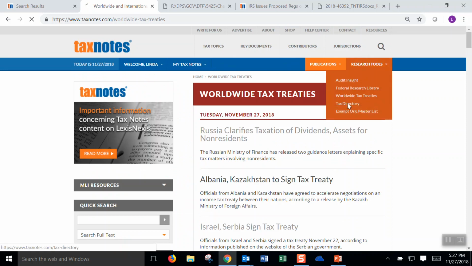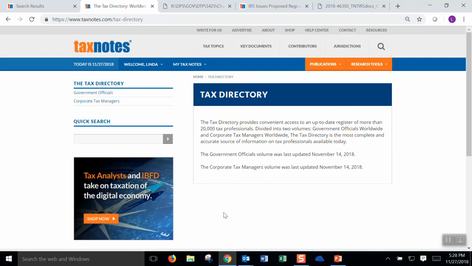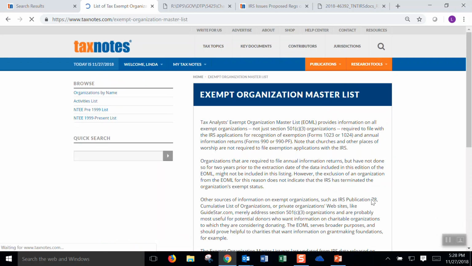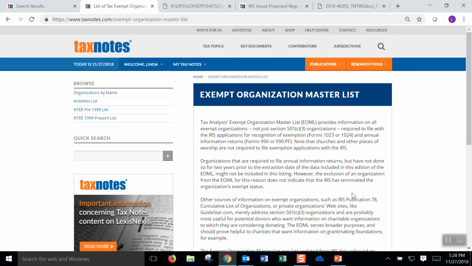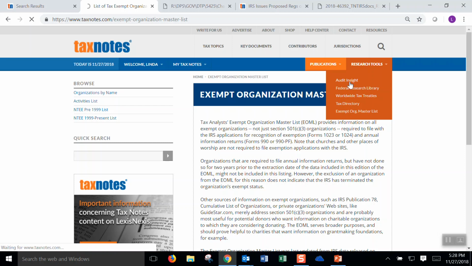The Tax Directory is a searchable directory of tax personnel, both in the public sector and the private sector. The Exempt Org Master List is a searchable directory of exempt organizations. Our most recent research tool that we've added is Audit Insight.